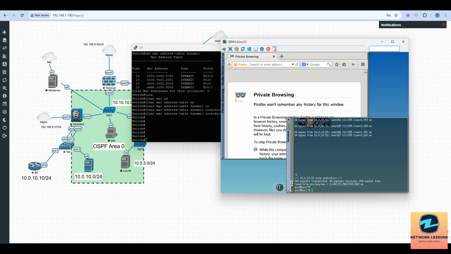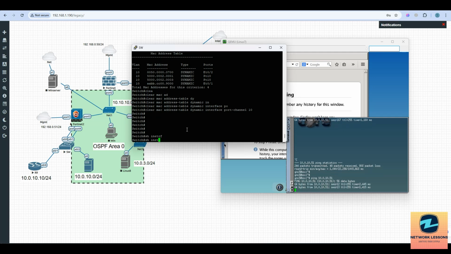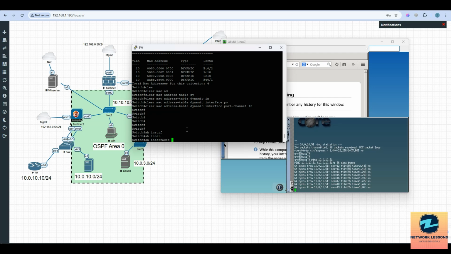So if I go here and I do this, this should kick in back. So if I go to my show interface, let me check, that is what I can find now. It takes some time because this is not the actual hardware, but the idea is